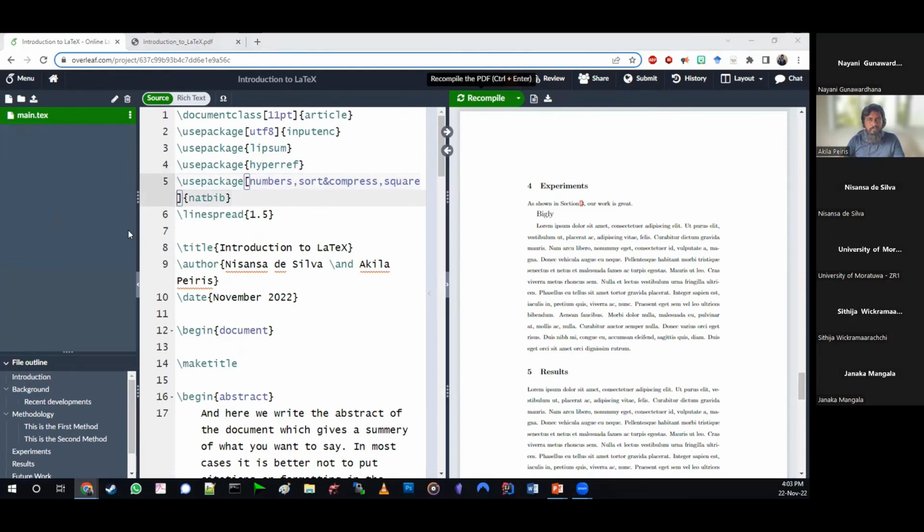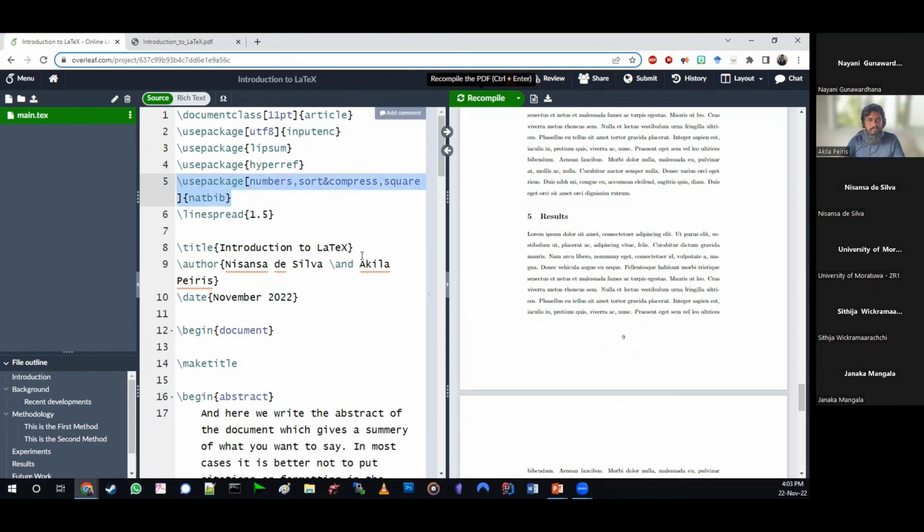I hope that you guys know that. Okay. We can also have a section with that, but that is okay. Now, this is just declaring how we want our citations to work. But where are the citations?